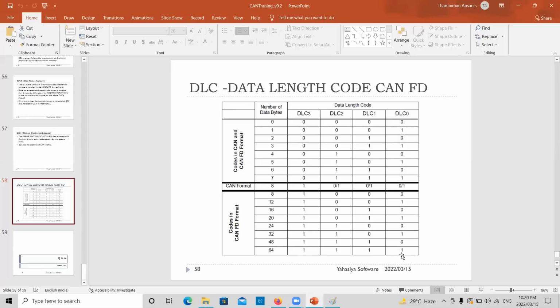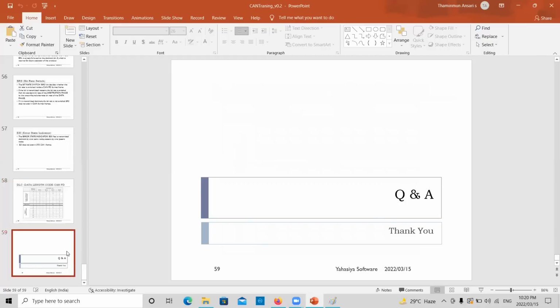If you set all bits to 1, you can transmit 64 bytes. That's all about the DLC handling of FD. That's all. Your CAN basic is